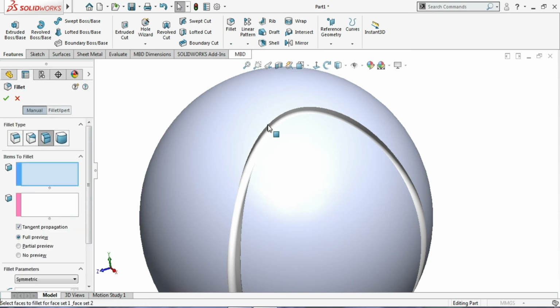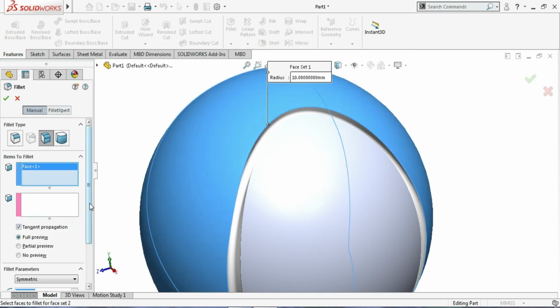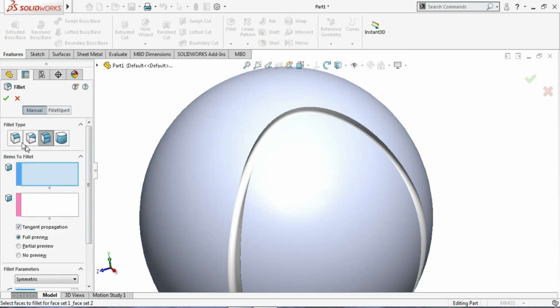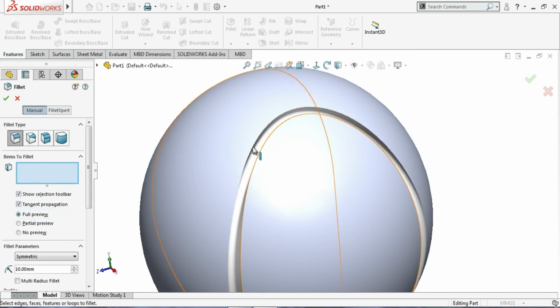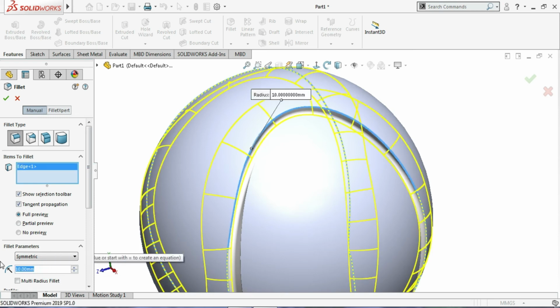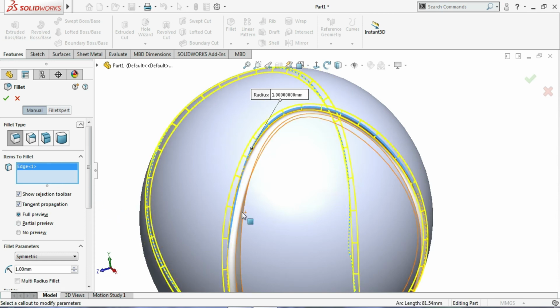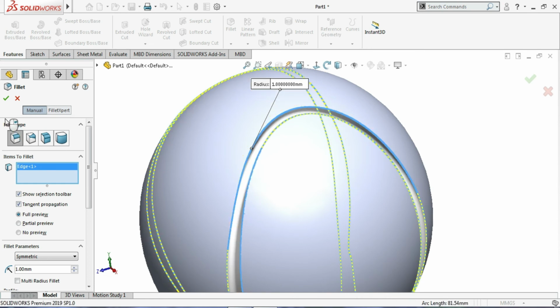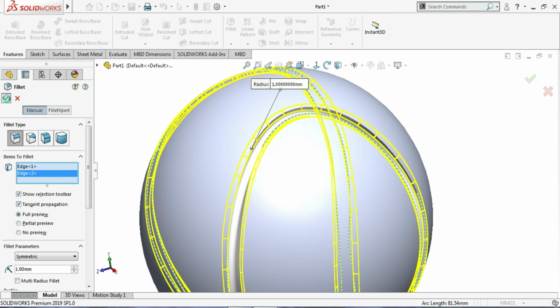So I'll select this edge, and clear selection. First choose edge fillet. Click on this edge, and here I will change the fillet radius. I'll give 1. Similarly I will select the other face also. I'll be giving fillet radius 1 mm. Now just go with OK.